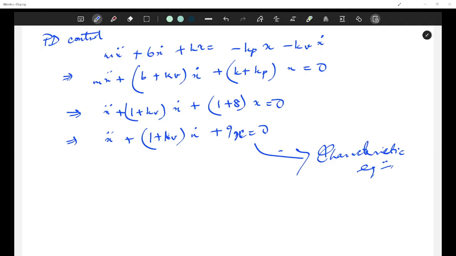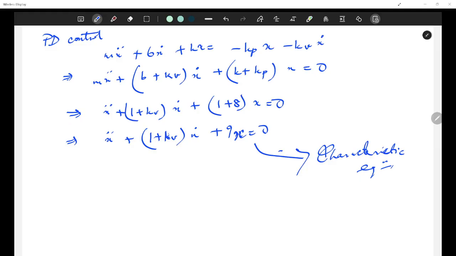How does a general second order differential equation look like in terms of zeta and omega, because that is what we are concerned with. We'll be concerned with frequency, we'll be concerned with damping, right? So can you? s square plus 2 zeta omega n s plus omega n square equal to 0.